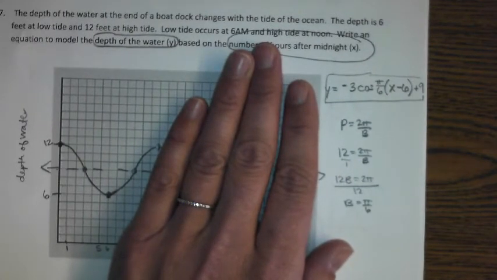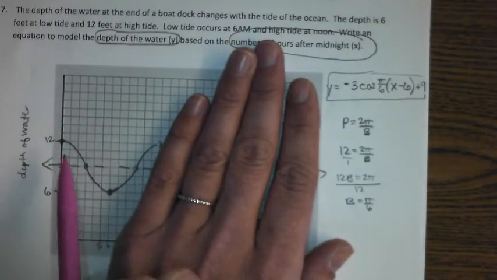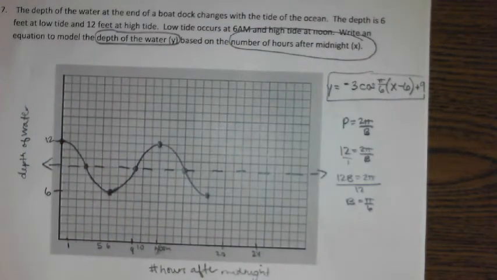Okay? So we could write a positive cosine with no phase shift. The amplitude would still be 3. The midline would be 9. So remember, those things are not affected. Okay? Any questions on that? All right, so on our notes, I want you to